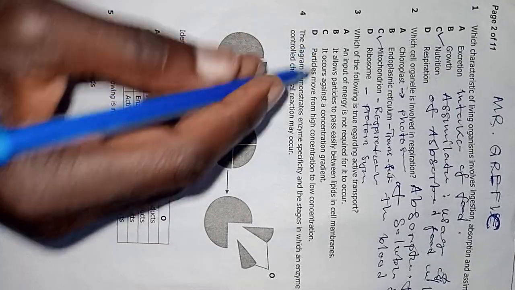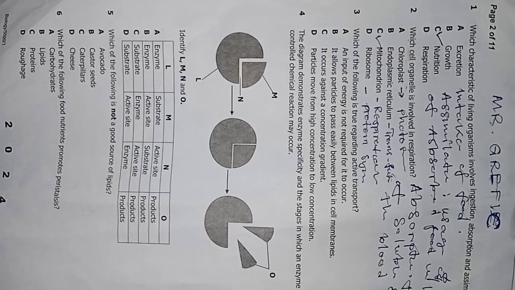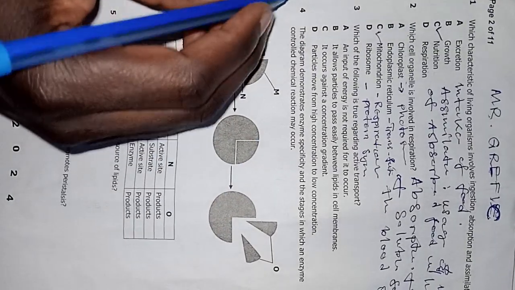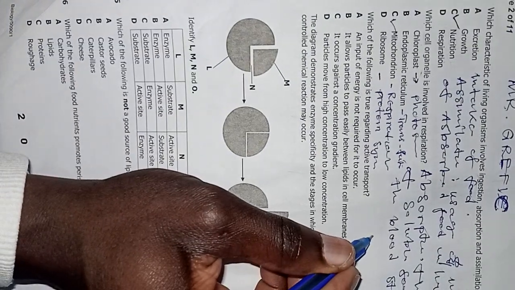Number three, it says, which of the following is true regarding active transport? I want us to define what active transport is. Active transport, by definition, is the movement of particles against the concentration gradient, using energy from ATP. So we are saying active transport